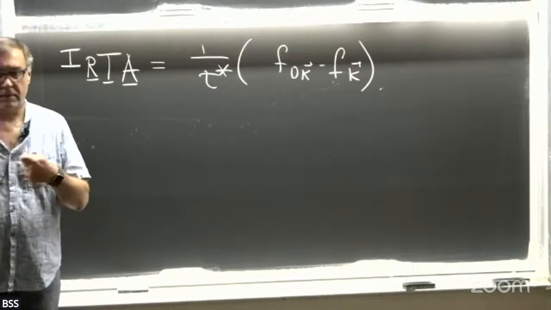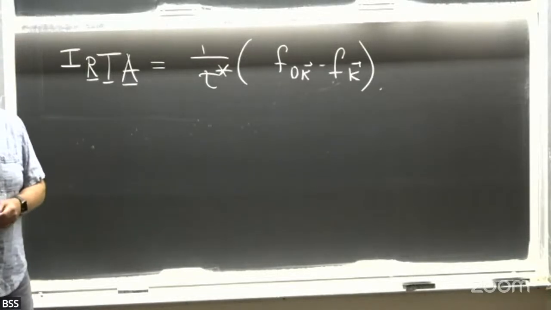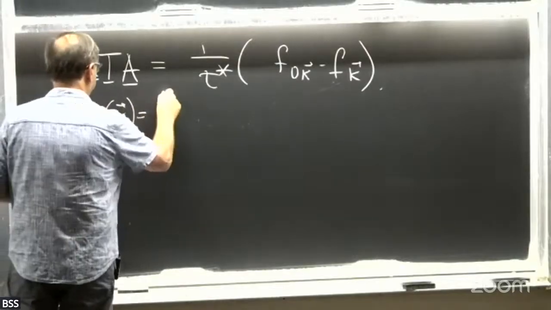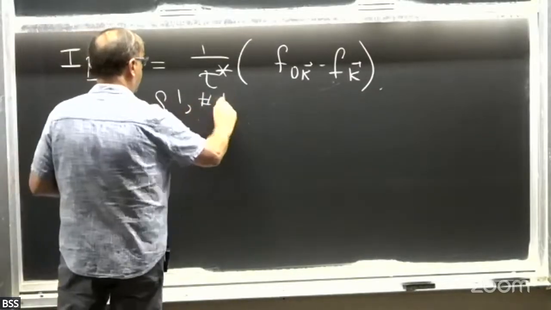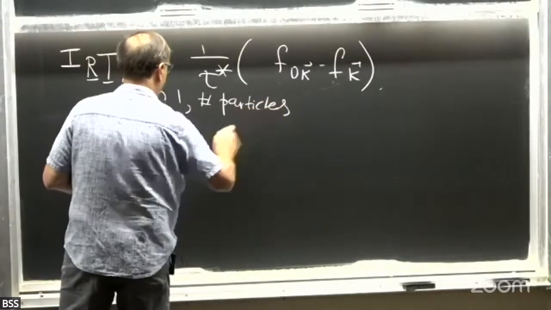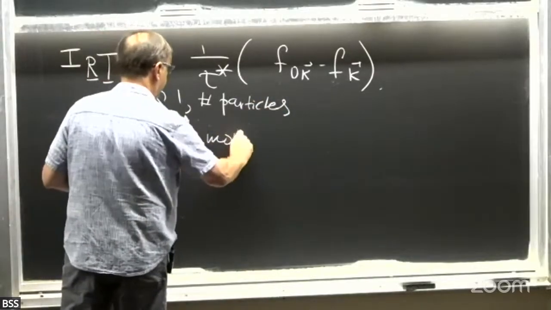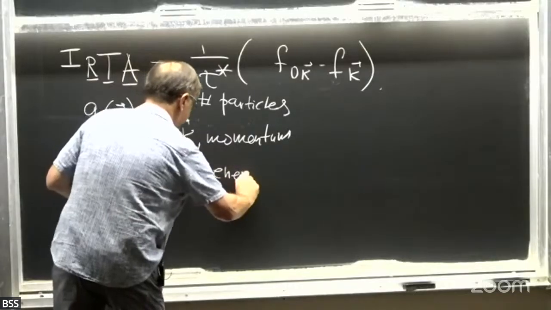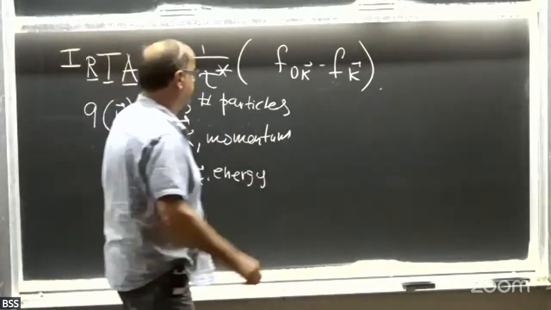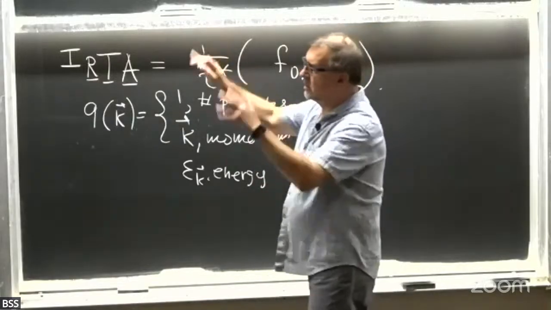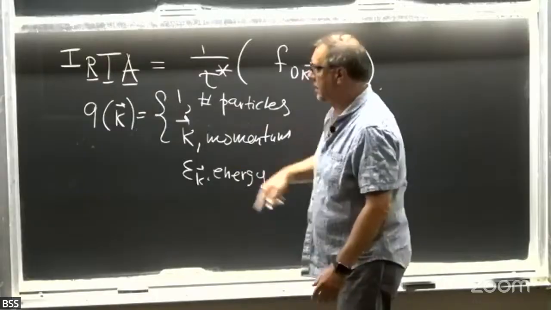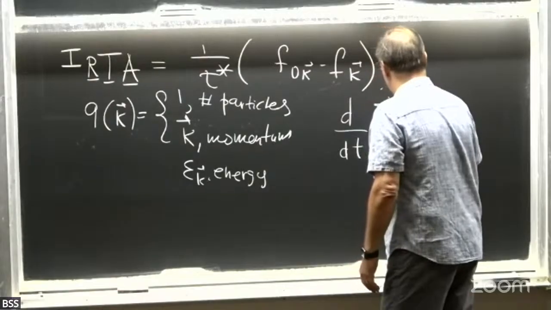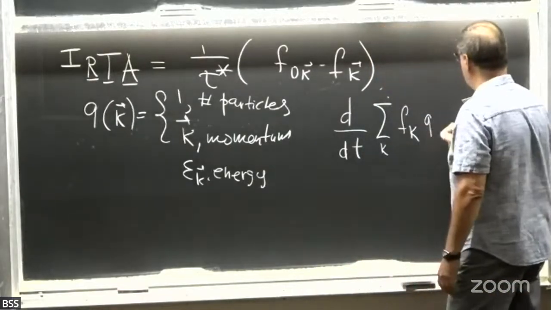Okay, how do conservation laws show up in this kinetic formulation? Suppose that I have a quantity Q of k, and let's say it can be 1. In this case, it's going to be number of particles. Or it can be k, momentum, or it can be epsilon k, which is energy. Right? Okay, so if I take the full Boltzmann equation and multiply it by this quantity, then on the left-hand side, I will have total derivative of the distribution function multiplied by Q of k,